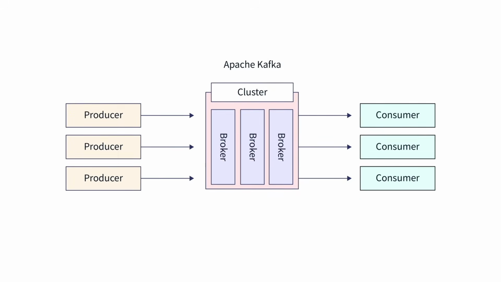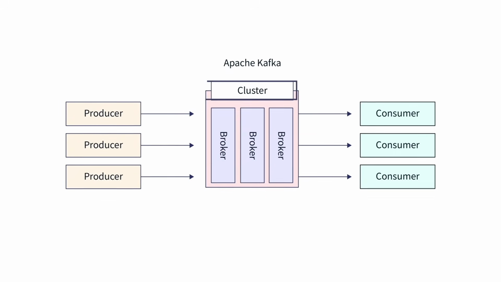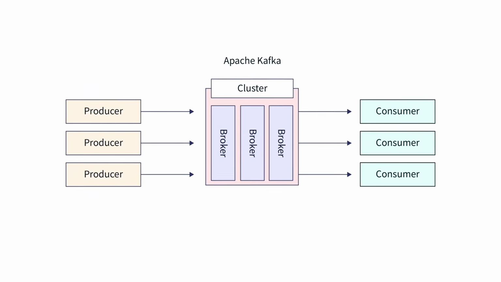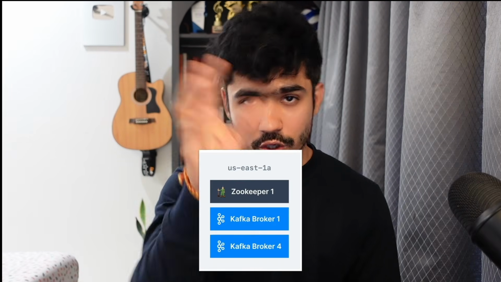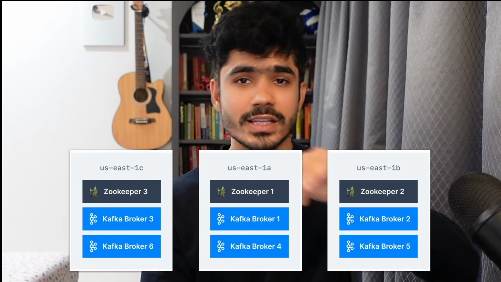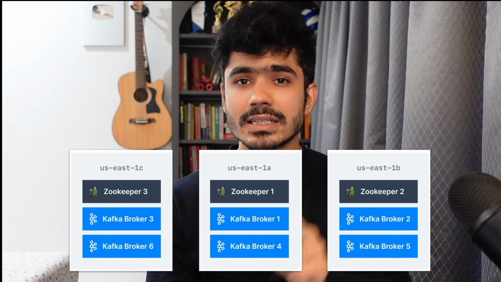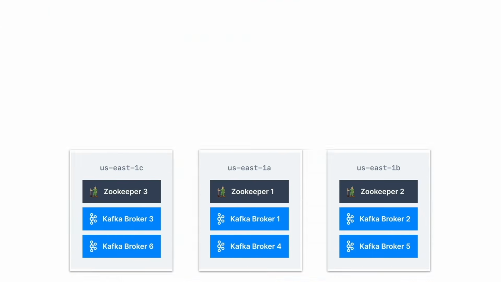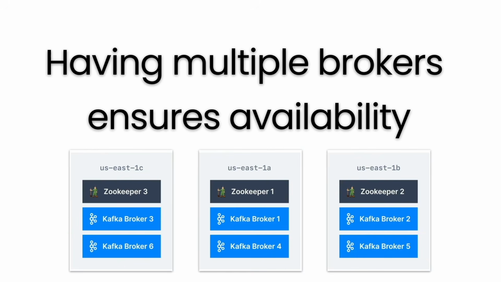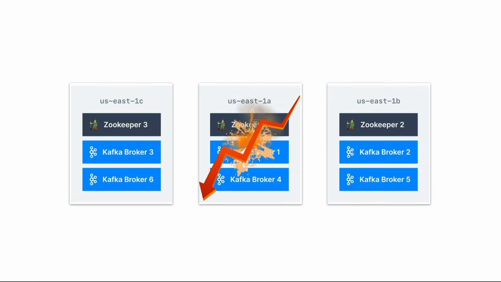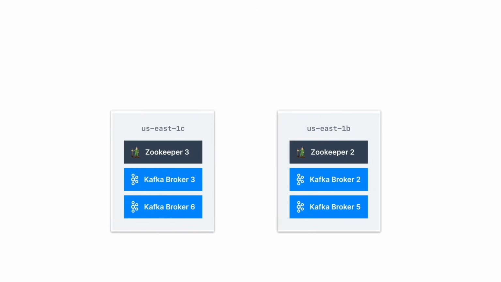After this, in the architecture, we also have the brokers and the clusters. A Kafka broker is a server that stores data and serves the client requests. So it can be like a single EC2 machine that you are running. You can consider it as a server or a broker, and the combination of these multiple machines can be considered a cluster. When you have multiple brokers working together, it becomes a cluster. Having multiple brokers running ensures high availability. So in case one broker goes down, another can pick it up and keep the system running.